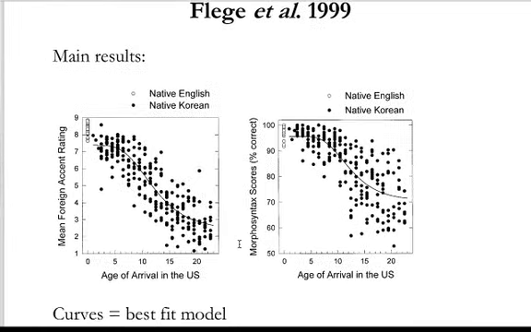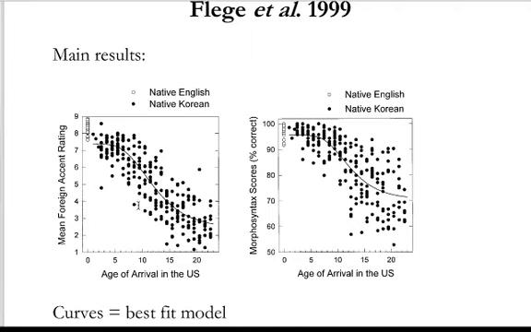So what do we see here? This is, again, a kind of learning curve with AOA on the horizontal axis here, and specific linguistic tasks on the vertical axis here. So this one is the foreign accent rating. And what you can see, these open circles up here are showing you how native English speakers rate native English speakers. So this is basically AOA 0. And they're rated mostly very native English-like with a little bit of variation. So some native English speakers sound a little bit less native than others for whatever reason. But basically, this is meant to show you the native speaker range of foreign accent ratings.